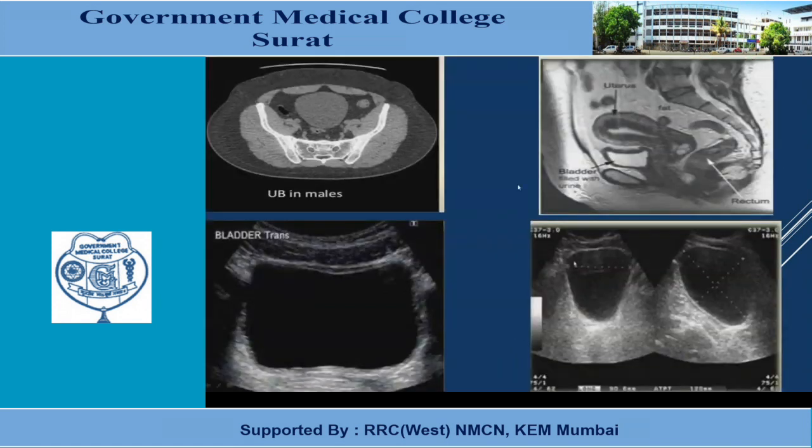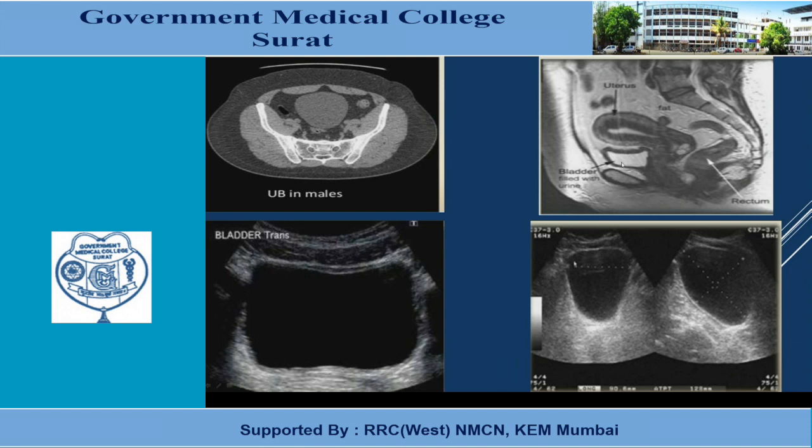Now, how the urinary bladder is seen on ultrasonography, CT scan, and MRI, and how its volume is measured. In ultrasound, the bladder is seen in the pelvic cavity, completely distended with thin walls, no internal echoes, no irregularities, and smooth margins. So it's a normal distended urinary bladder which appears as an anechoic, cystic-like structure in the pelvic cavity. In the CT scan, fluid appears as approximately 10 to 15 density, while fat and air appear black.